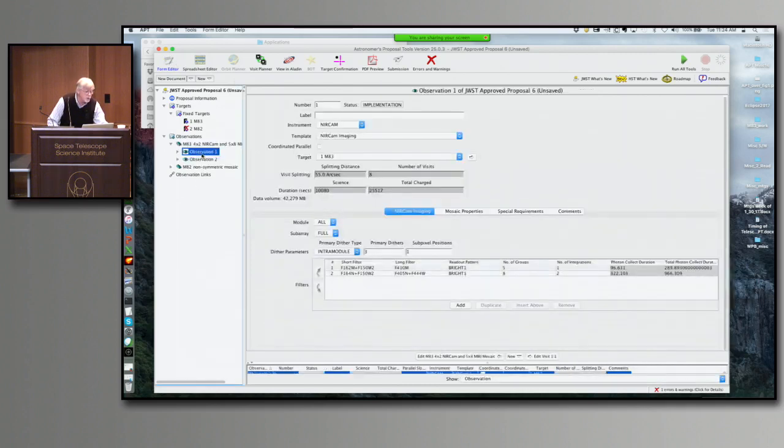There we go. Here's my two observations. There I am at the observation level now. This is now a NIRCam imaging template. So I've gone in here and selected NIRCam out of the pick list previously, and then I selected NIRCam imaging out of the possible templates in this list. And once those two are selected, now I am just seeing what is valid and interesting for the NIRCam imaging